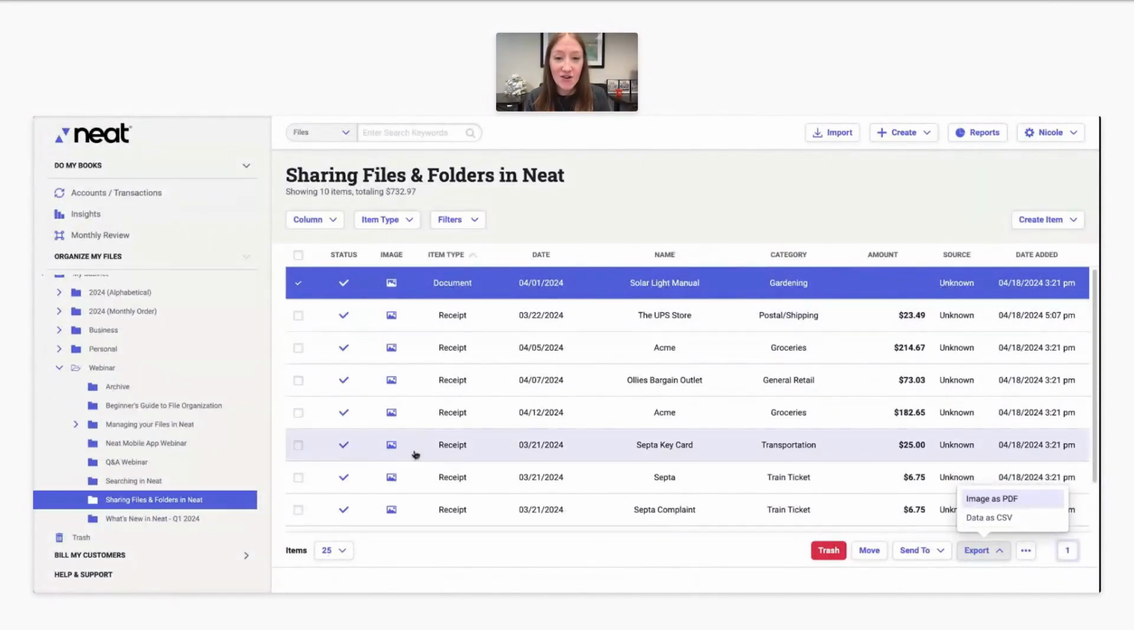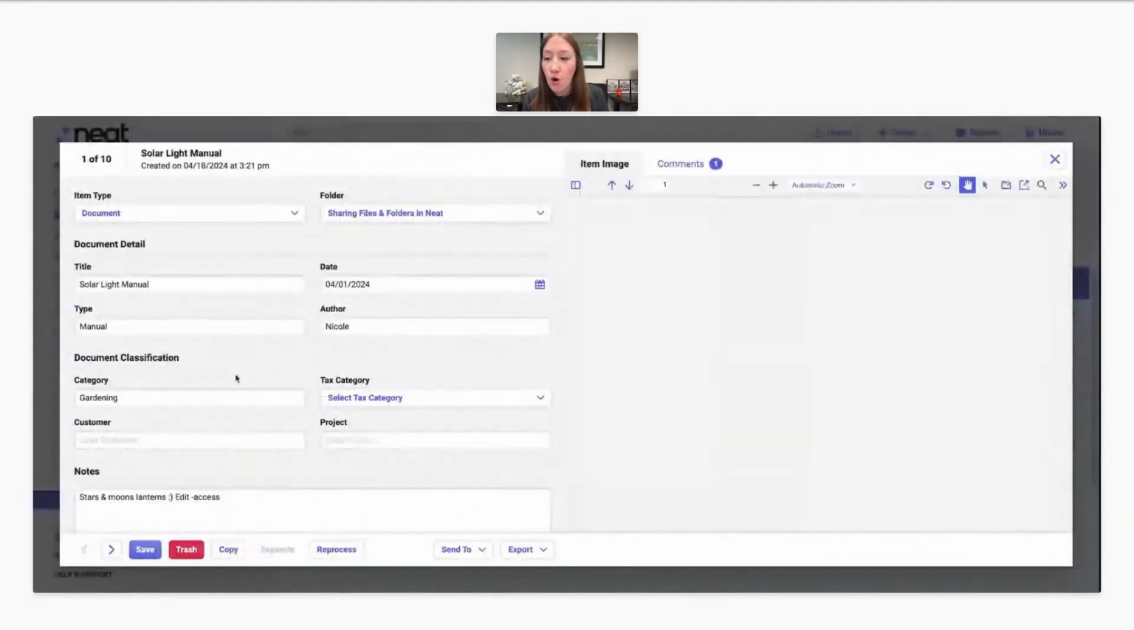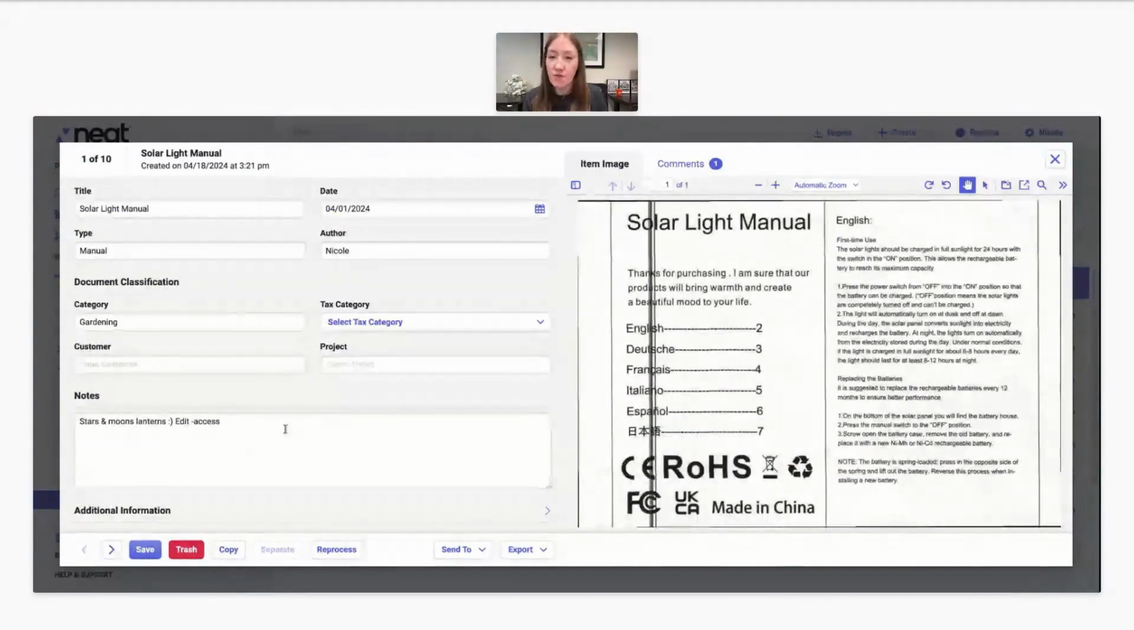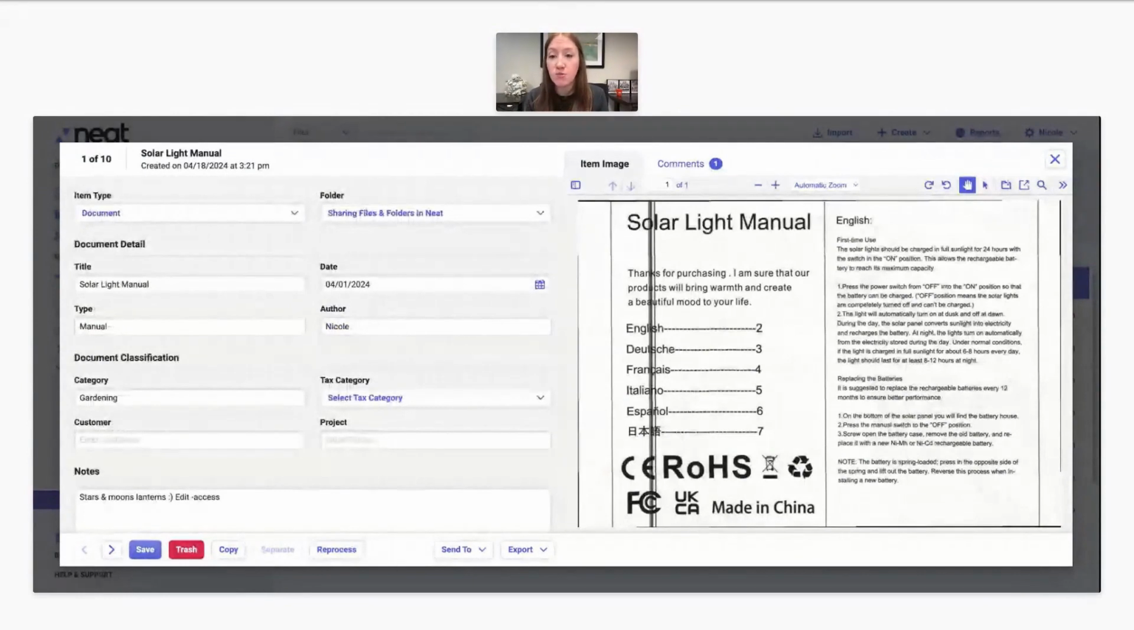all of the data here that you see associated with your file, including all of these details here, all of the notes, any additional information that you have associated with your file in your grid columns will be exported as a CSV file that you could then upload to Excel or Google Docs and then manipulate using Google Docs or Excel formulas. And then the very last way that you can download an image as a PDF file from Neat